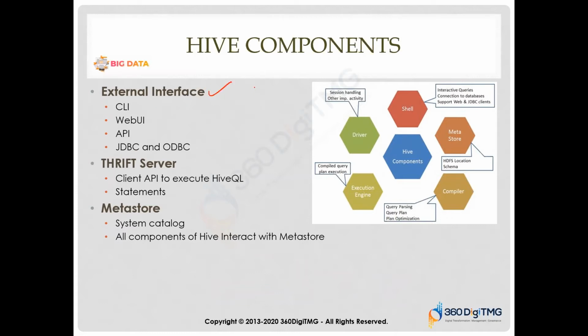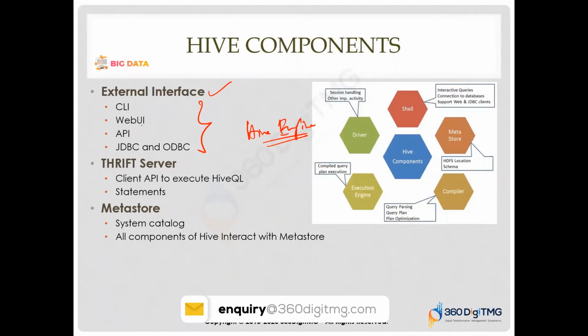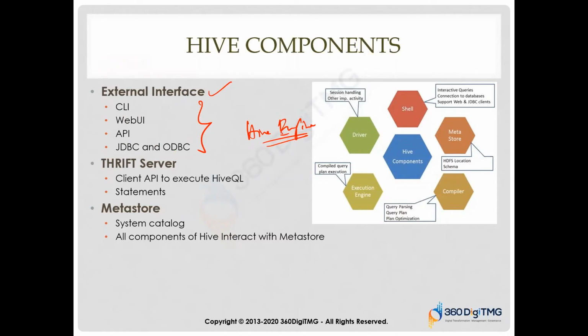So you have external interfaces where a client would try to interact with the Hive engine. There is Hive software, we call this the Hive engine, assume. To interact with this, we need some interface, right? You, as a client, if you want to write something, there should be some medium, right? So it would be the command line interface, or there would be third-party web UIs. There could be application APIs created. JDBC, ODBC connections can be established to connect directly to the database, right? So there are different ways that we can connect to the Hive engine to write the code.